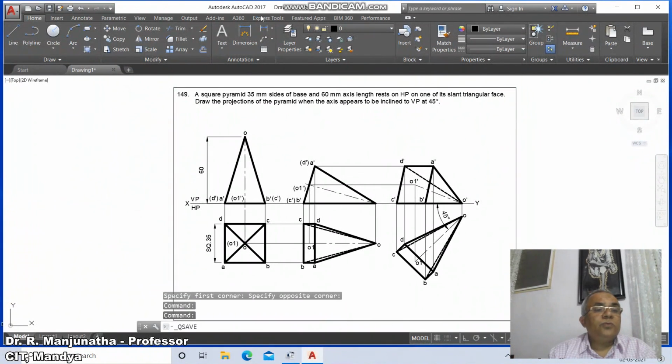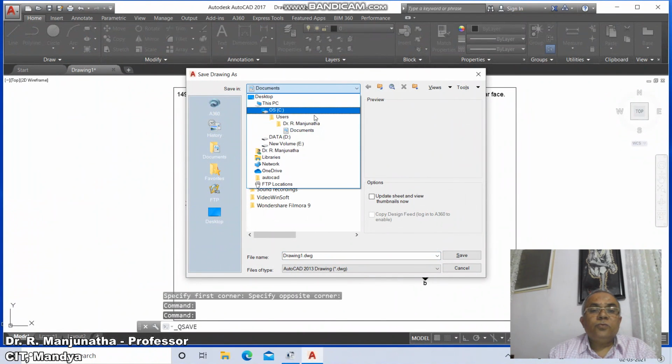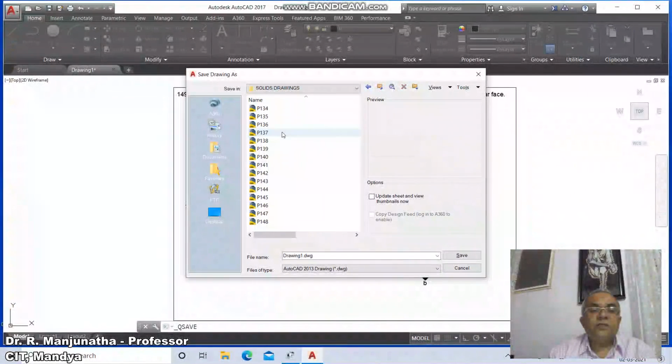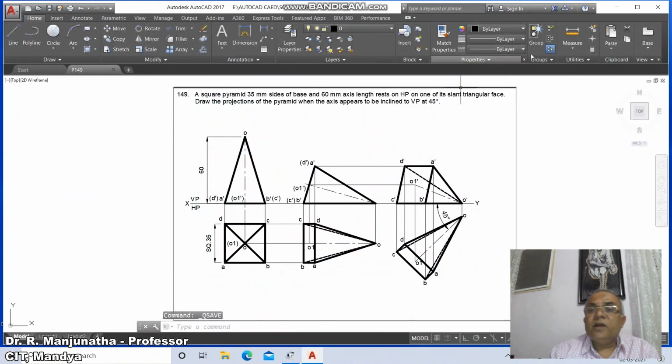Then go to save, go to appropriate drive, go to AutoCAD, then go to solids drawings and type P149 and say save. And finally